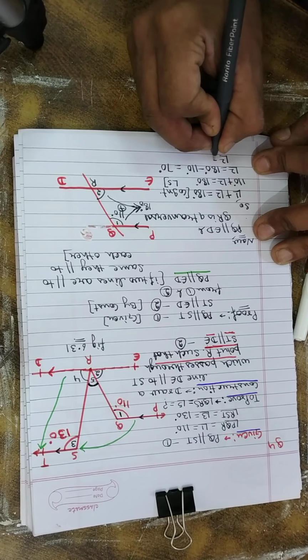Then we apply the angle on a straight line property. We know angle 2 and we know angle 4. After subtracting both angles from 180 degrees, you get angle 5. Now I am going to apply this procedure. Now you have angle 2, and we have to find angle 4. Clear?